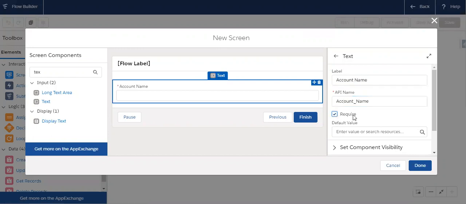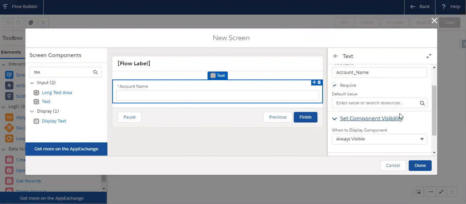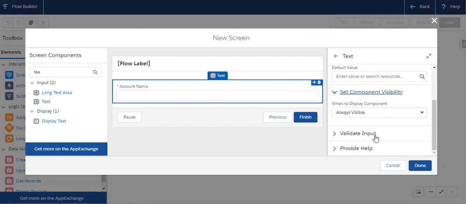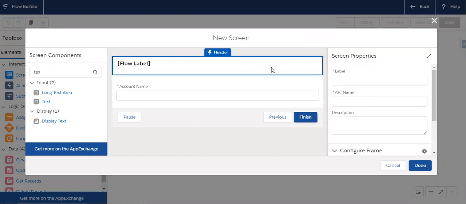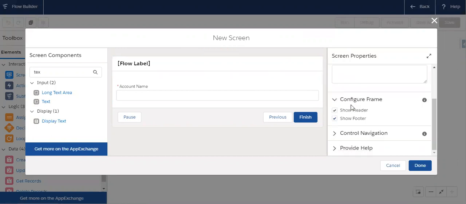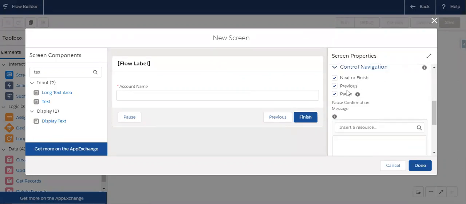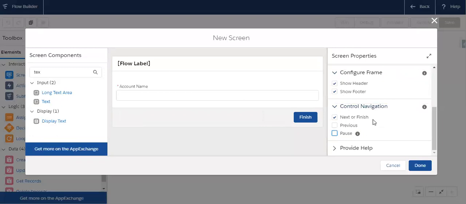Let me mark it as a required field, and set the component visibility to always visible. Let me label the screen properties account creation screen, show the header and footer both, and remove the previous and pause.